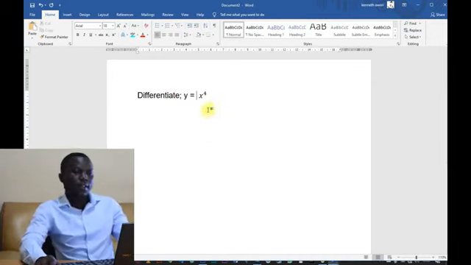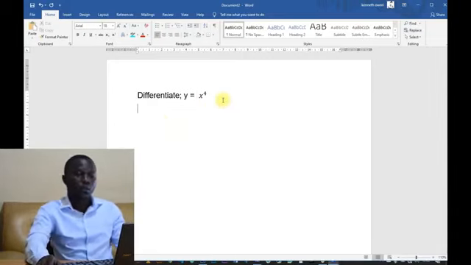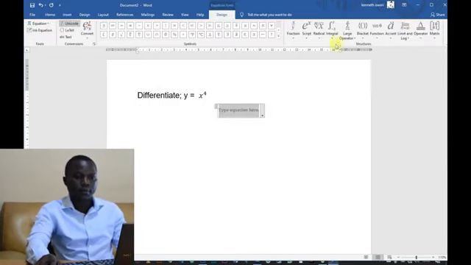In this case, the derivative will be denoted as dy dx. Why? Because we are differentiating the function y in respect to x. So our derivative would be given as dy dx